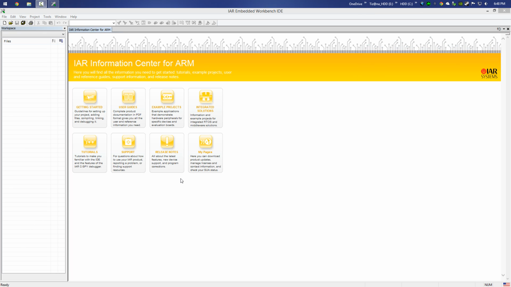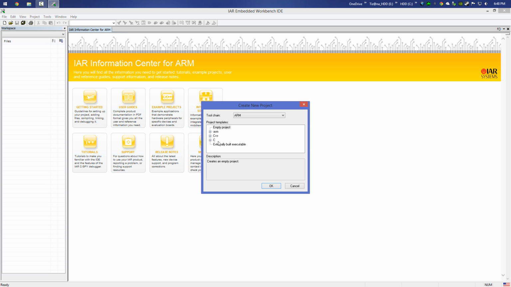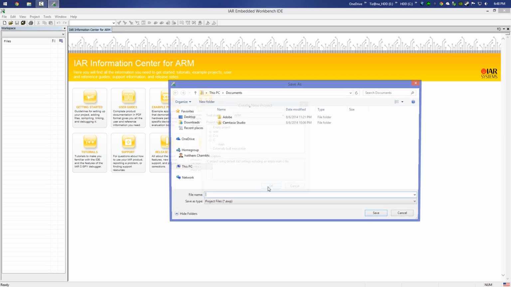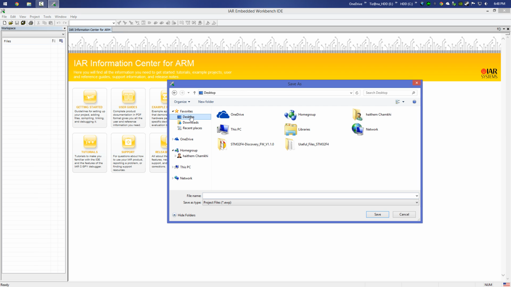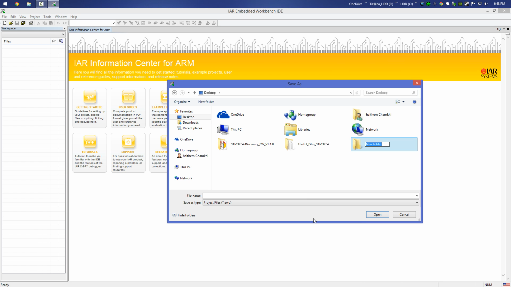So the first thing to do, we're gonna create a new project. Go to the project menu and select create new project. Select the C language and open it, then select the main and click OK. We're gonna save our project on the desktop. For that we're gonna create a new folder, and I call it IAR